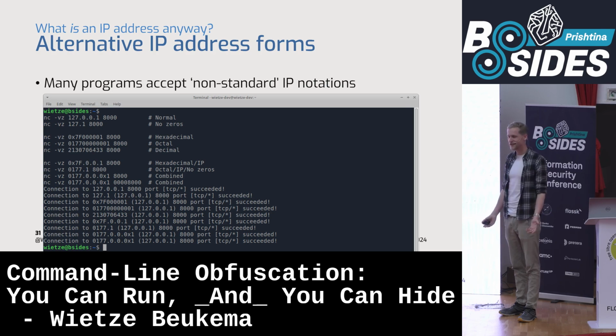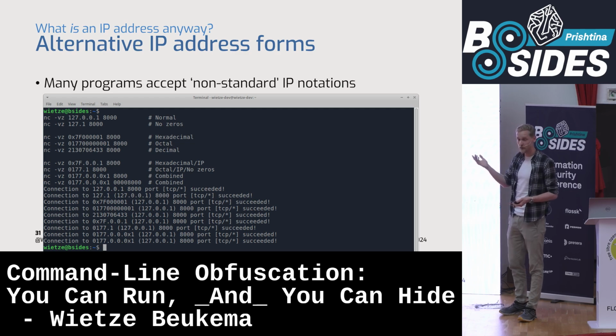That is weird, because that's not how IP addresses work. If you look at that second block, you see hexadecimal notation, which are characters up to the letter F again. Octal notation, which are digits only going up to the number 7. And decimal notation, which is just numeric, right, 0 to 9. So, interesting fun fact, therefore, IP address